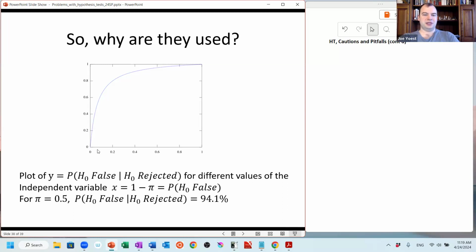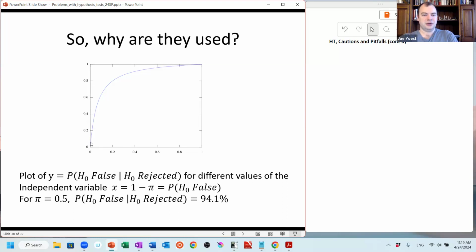If the Bayesian looks at this and says the probability that H naught is false and that H1 is true, I think is very low. I think it's 10%, 5%, 1%, 1 in 10,000. If I'm way on the left of the graph over here, then my graph is very near the bottom of the window. That's where the frequentist would reject the null in favor of the alternative, but the Bayesian would say, but I'm very unconvinced that H naught is false. I think the probability that H naught is false is very low,